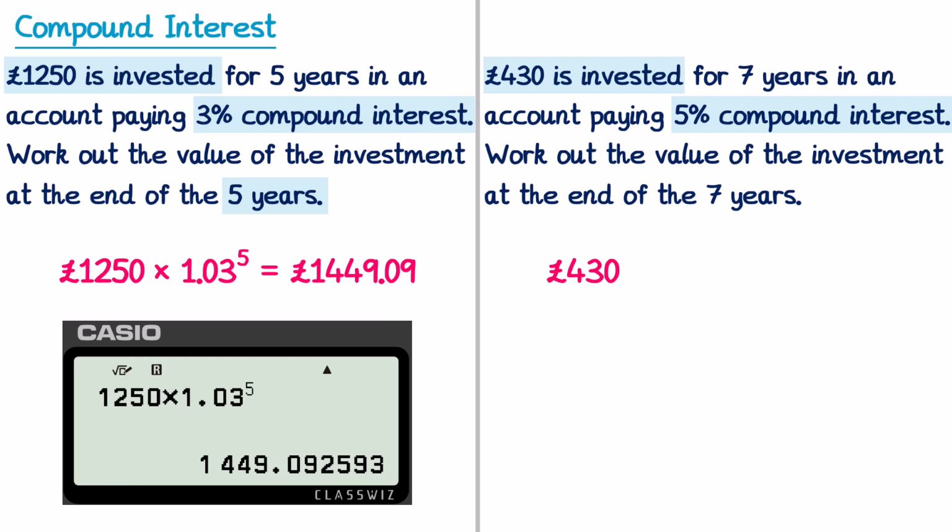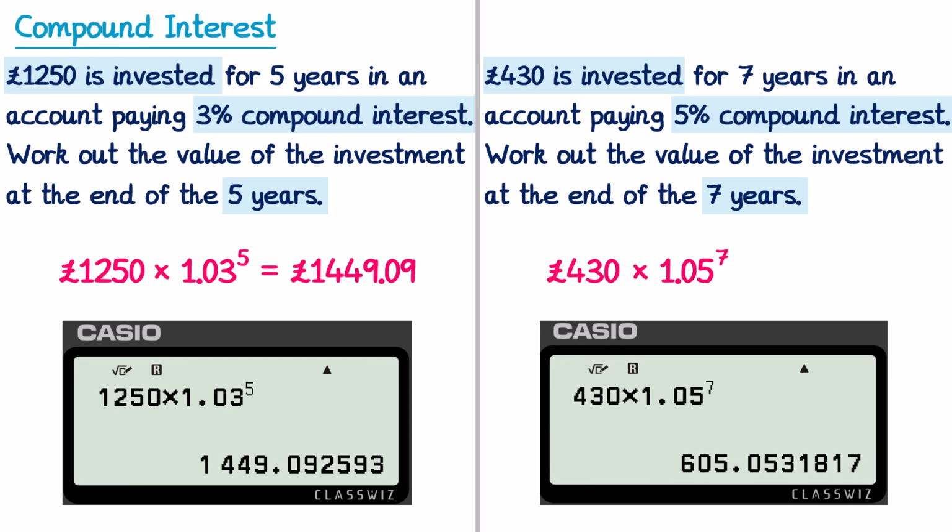For the second example, you start with £430. The rate of interest is 5%, so we'll multiply this by 1.05. And it's for 7 years, so this to the power 7. Your calculator will look like this, so we end up with £605.05. We've now looked at how you calculate with simple and compound interest, but exam questions are often much more